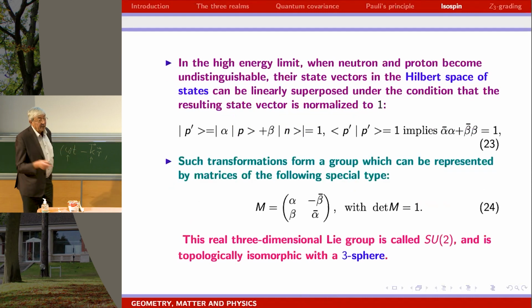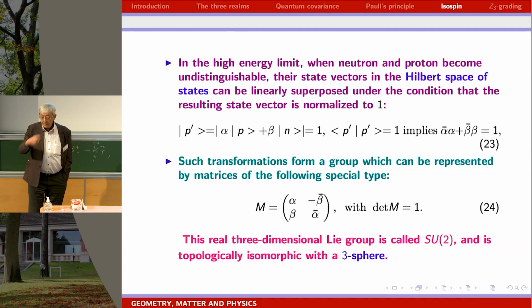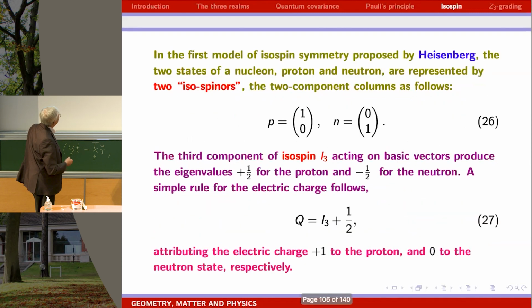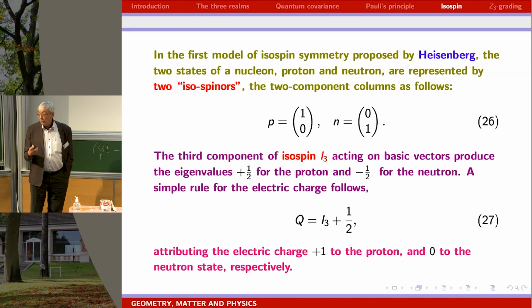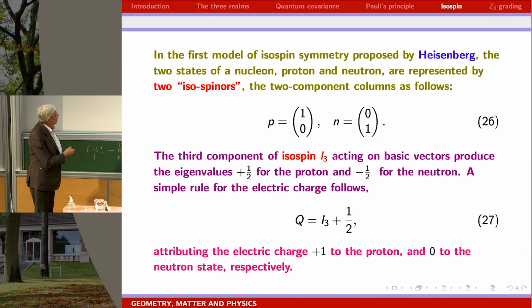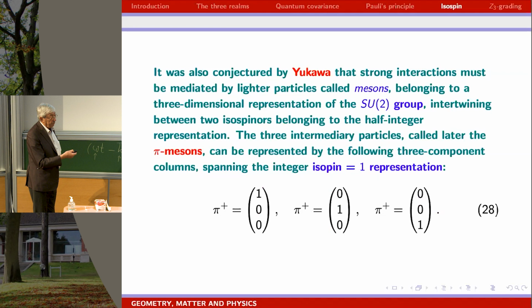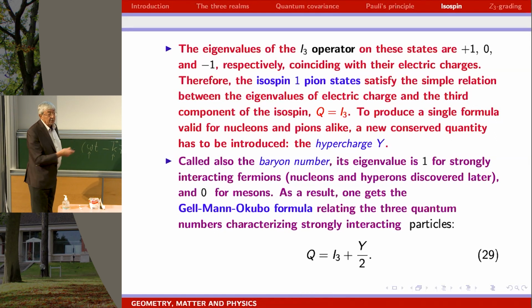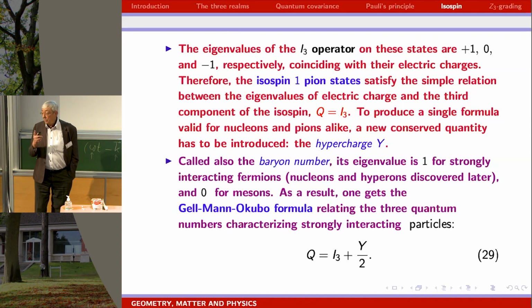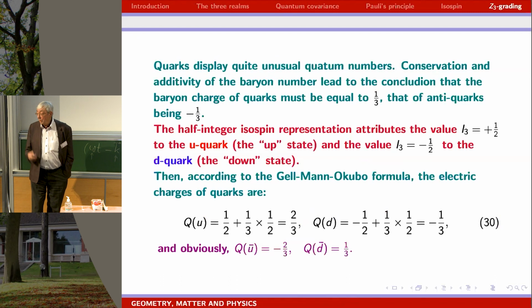And of course, there is the SU2 group, but this is just the symmetry group of the whole thing. But now, how come? There is also the Gell-Mann-Okubo formula that gives the relationship between baryonic number and electric charge. And of course, there are mesons too, which have baryonic number 0. What is interesting is that if you apply this Okubo-Gell-Mann formula to quarks, because you have 3 quarks for 1 nucleon, the quarks must have y equal to 1/3, because y of a proton or neutron is 1. It's baryonic number 1. So any quark must have 1/3. But what is also interesting is that the charges become: U becomes 2/3, and D becomes minus 1/3